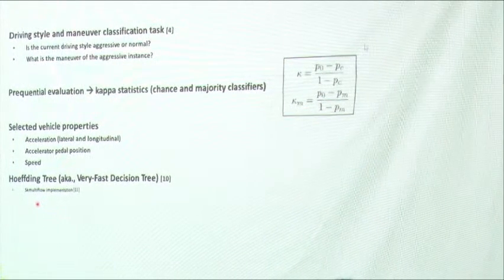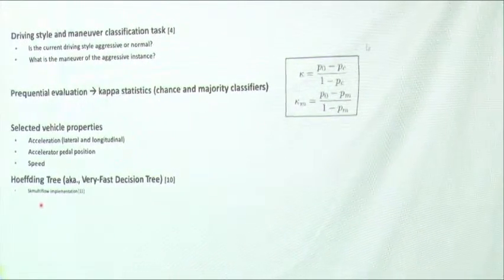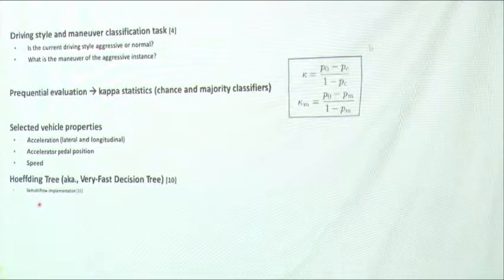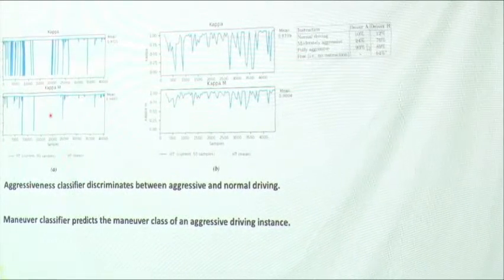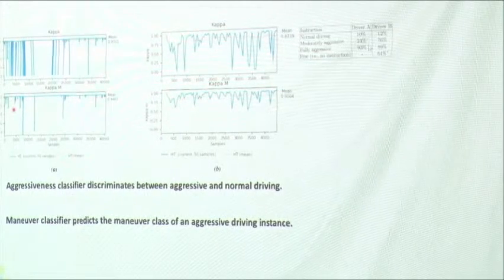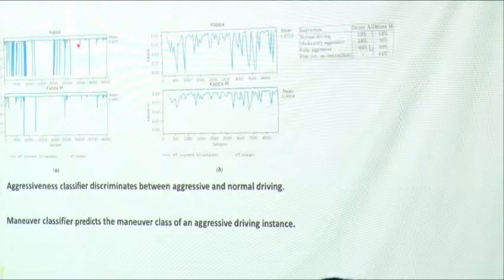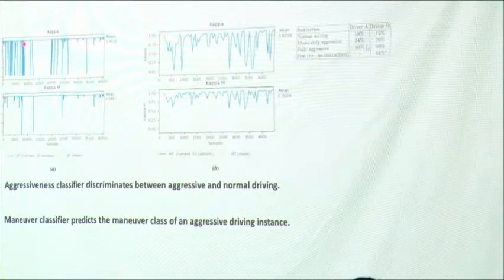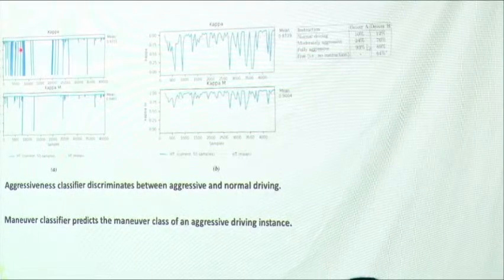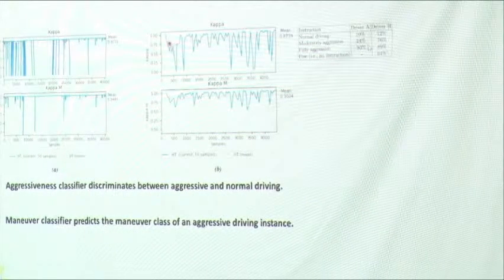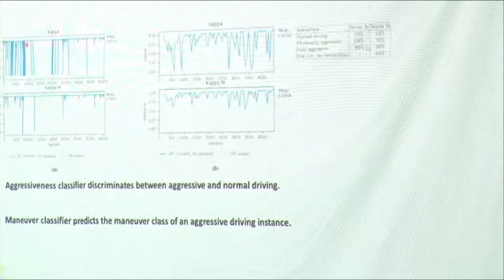As for the results, there are two tasks for classifying the aggressiveness. The idea here is that the higher the number of the statistic, the better the performance. So you can see with this orange dotted line, the average of the outcomes for these specific statistics, and you can see that it's always above 75% in all of the cases. The peaks that you see here downwards,